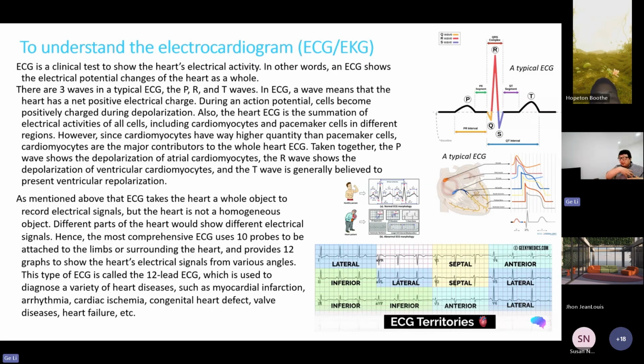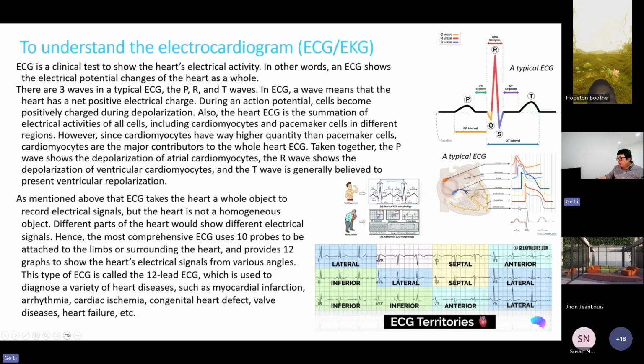The majority of the electrical feature of the heart is contributed not by pacemaker cells, but by the cardiomyocytes because they are huge in number. And eventually what this machine shows in the EKG is the combination of all of those